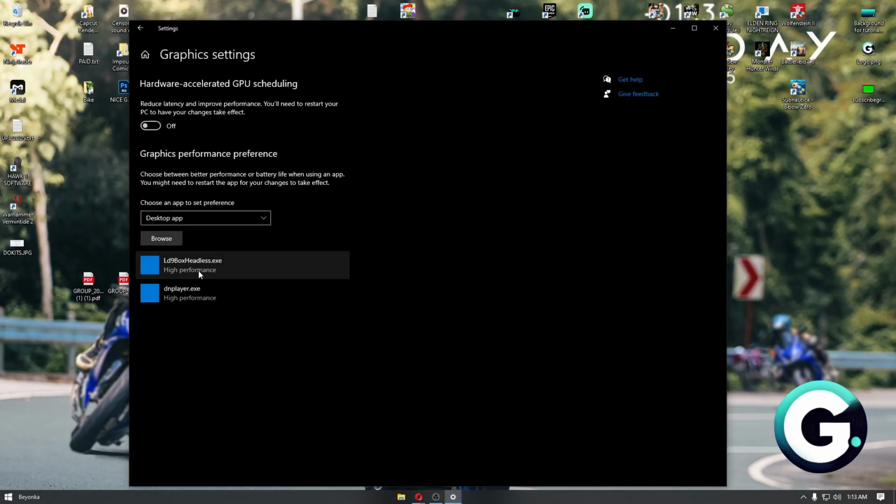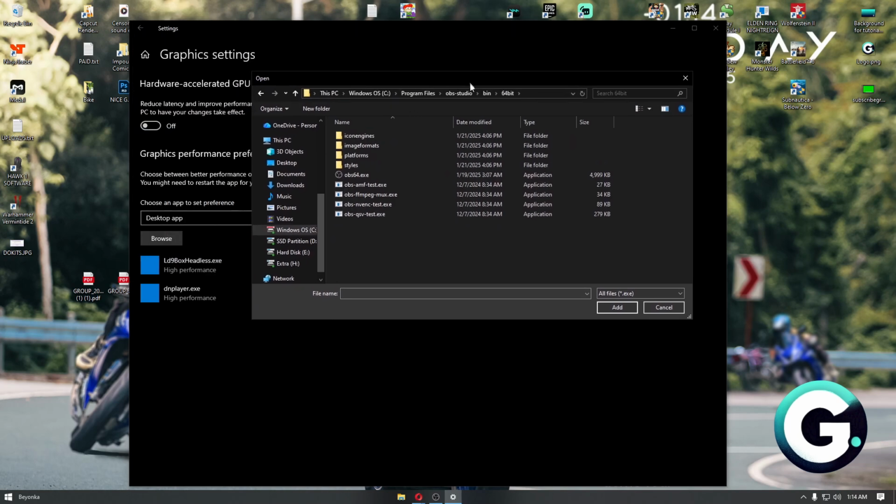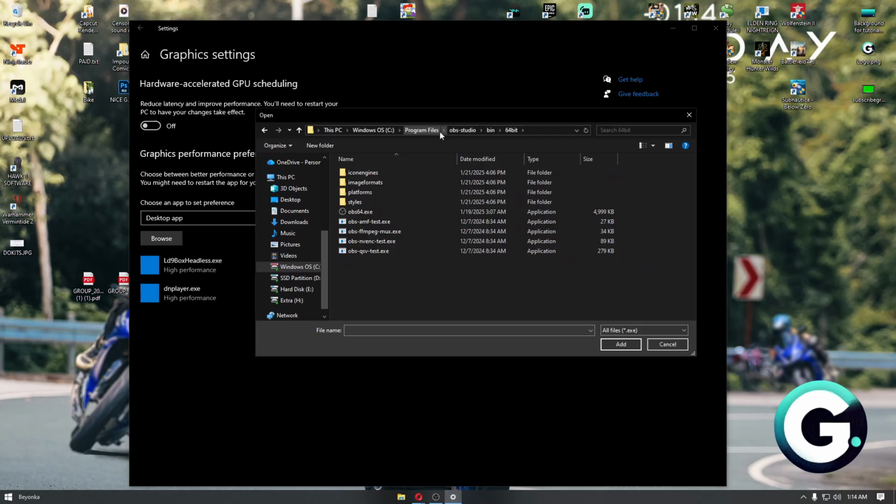graphic settings. In here you then want to look for OBS. If you cannot find it, simply click on the browse button. You want to look for your OBS application. In my case, it's installed to this path, which is going to be inside program files, OBS Studio, bin, and